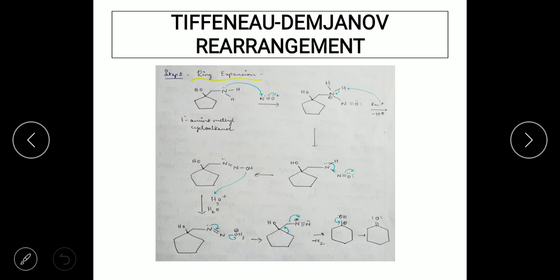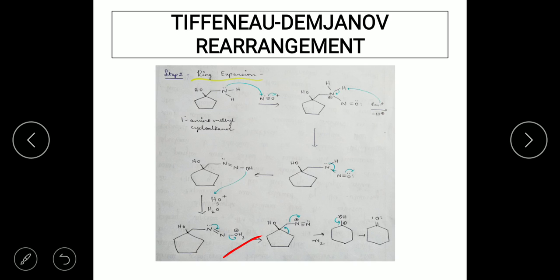Now the next step would be, in the presence of the hydronium ion, the oxygen is going to take up the proton from the hydronium ion. So after taking up the proton, it is going to give H2O plus. Oxygen now bears 3 bonds, and hence it is going to have a positive charge on it. Oxygen is going to take up one more proton, and hence it is having 3 bonds. You can see 1 with nitrogen and 2 with hydrogens, and hence oxygen has a positive charge on it.